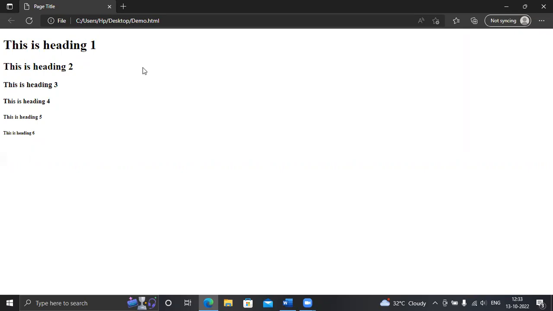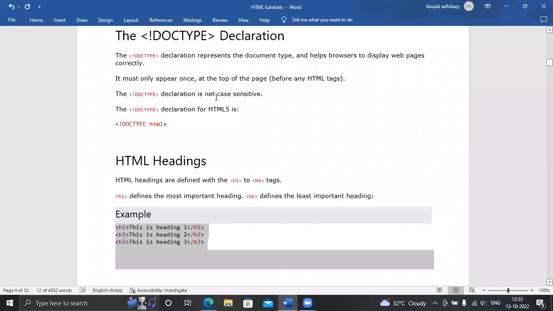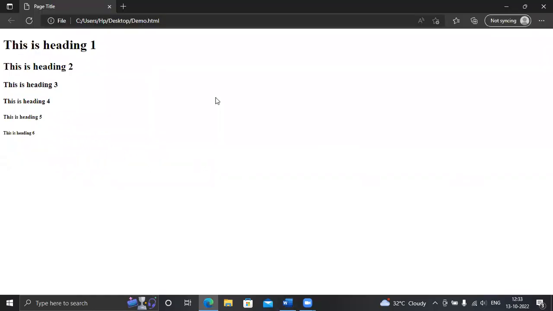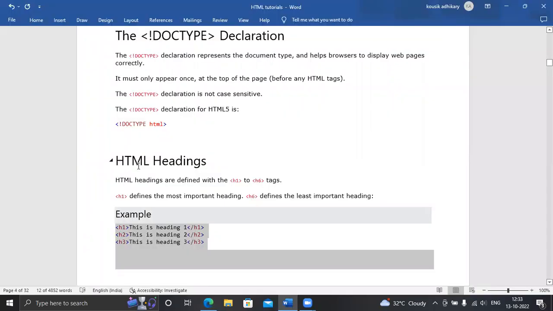That is the difference of H1, H2, H3, H4, H5, H6. As per your requirement, you can use H1, or H2, H3, or H4, H6, whatever you want. That is the basic size, because as the number increases, the letter becomes smaller.